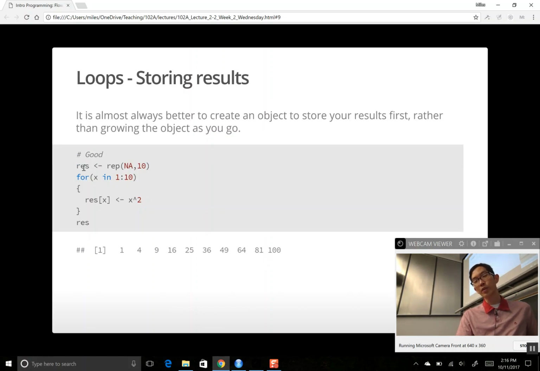But it's generally good to create the place where you're going to store your values already sized out to what you want it to be, and then you let it run. Okay, and then you might ask, should I put in missing values or should I put in integer zeros or whatever? Okay, missing values is probably a good way to go, because if you throw in zeros, and for whatever reason